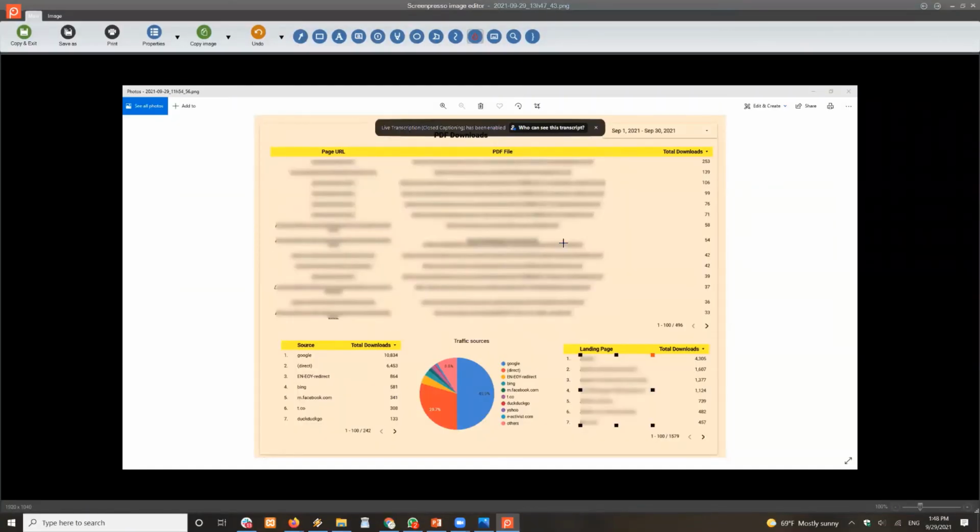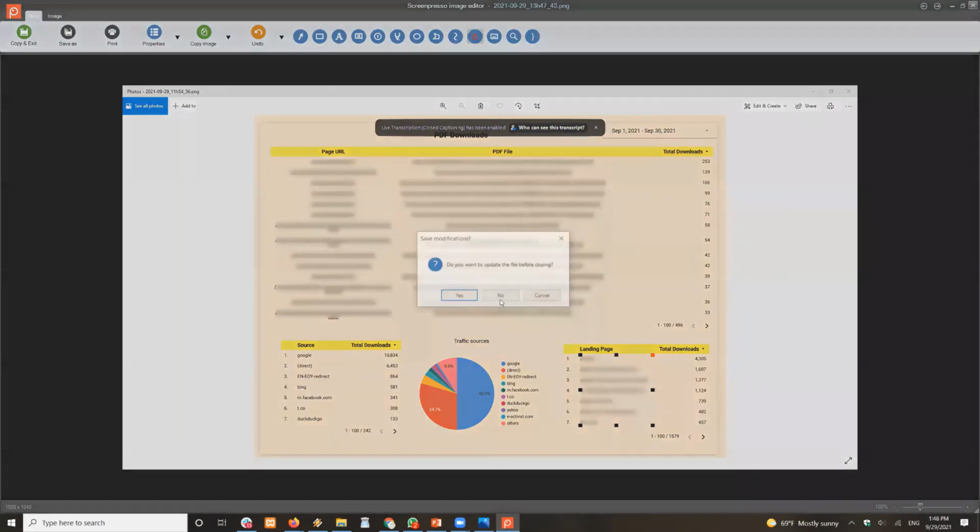This is one of the reports that will tell you how many PDF downloads there are, for instance, this one is just for the month of September. It tells you where the page is, this is a large website, where the PDF is, how many times it's been downloaded, but also what's the source of all of that traffic to do that download. Which is very useful in some cases. So you know, hey, this campaign that I'm running is generating a lot of visits through that, or it's a Google generic search that is doing that.